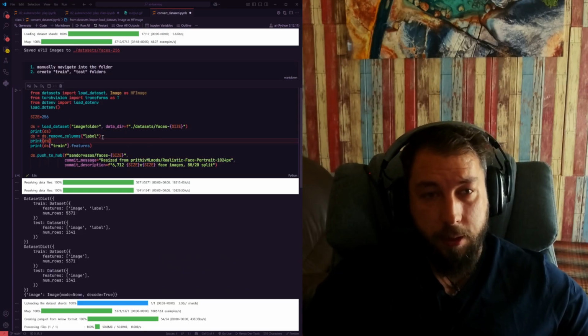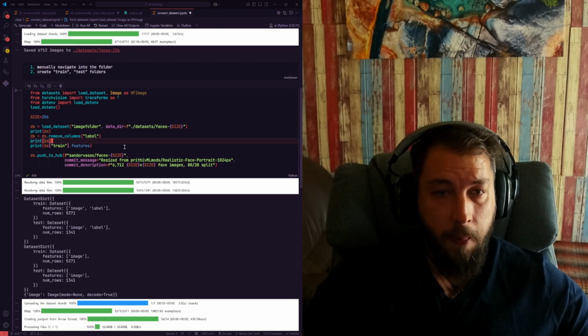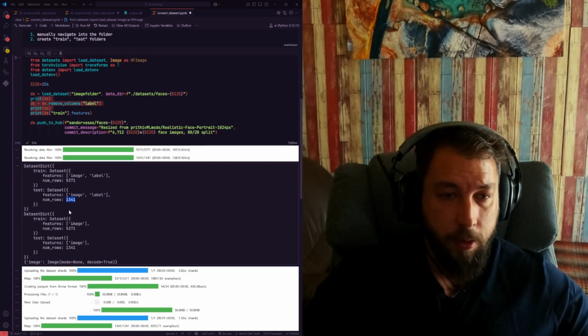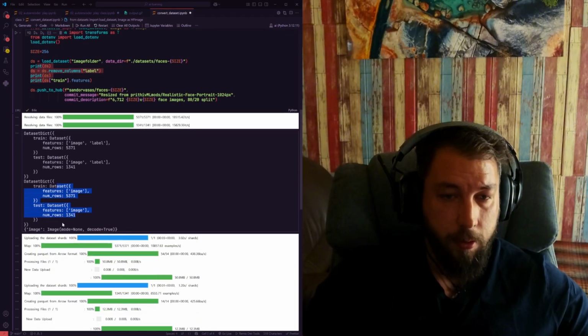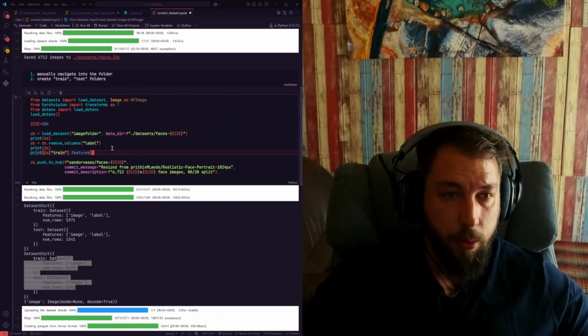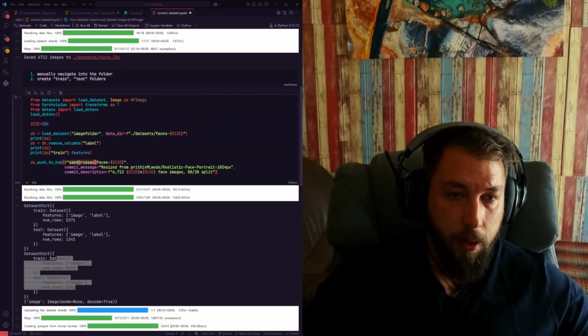Now for some reason it automatically added a label column for me, so I just removed that. It will print out here the train dataset with image and label, the number of examples in both. Then I removed the label, verified it works, and you can push it into your own Hugging Face account. Here, your Hugging Face username and whatever commit message,